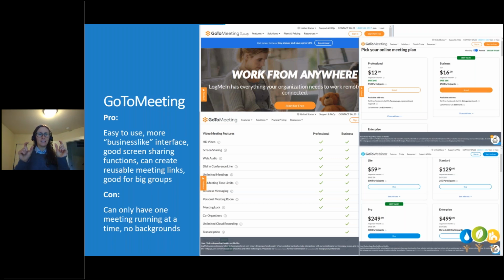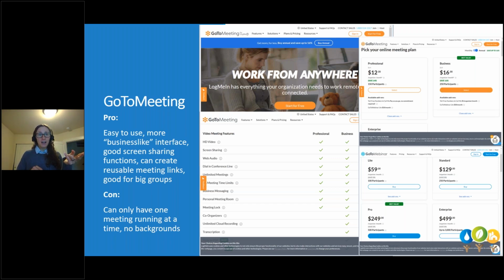You can create a whole bunch. You'll start with whatever your initial link is, let's say GoToMeeting, your district name, and then you can have one that says staff meeting or board meeting and so on, so that you can keep track of those links and your staff can too. Cool feature of GoToMeeting if that is of value to you, if you're a type A organizer like myself, or you've got folks who are always asking you, where'd that link go? What's the one this week? Shoot, I clicked on last month's link. Honestly, that's probably one of the greatest features I've noticed for trying to get a whole office virtually connected in the same meeting at the same time with larger groups.